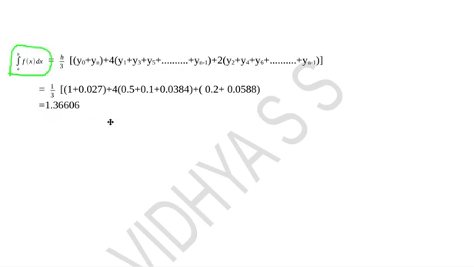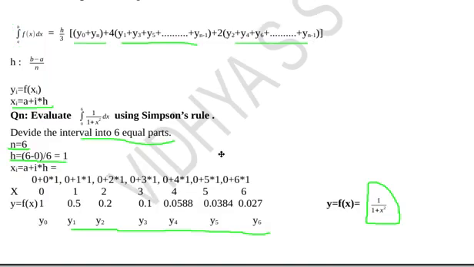This is about the problem. Hope you understand. Now let's move on to the program. The program is very easy. Here we need to calculate three things. One thing is h. For calculating the value of h, we are using the formula. And for calculating the value of each xi, I am using the formula a plus i into h. Then next I need to calculate the value of f of x for each xi.